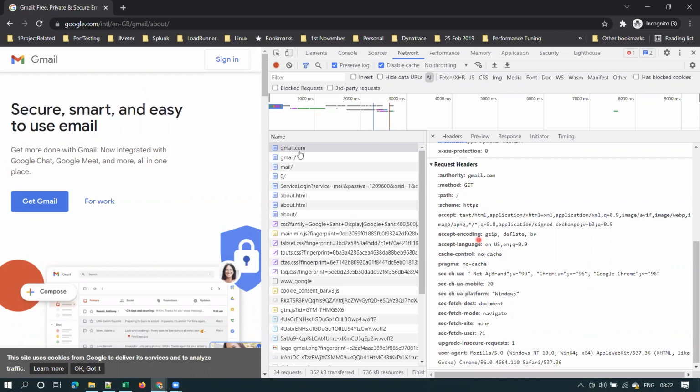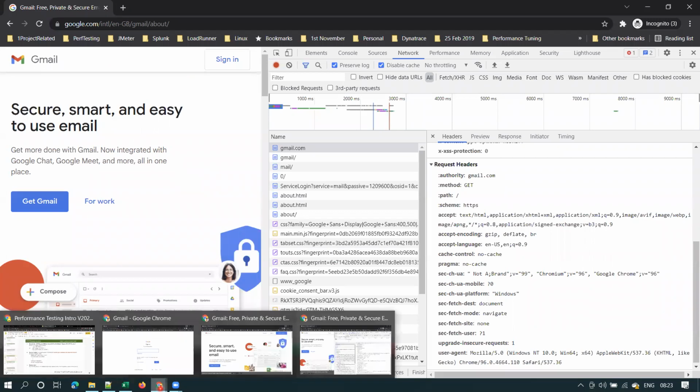Clear, guys? See, Gmail supports multiple languages for your information. Gmail supports international languages like Chinese, Japanese. Suppose some user is accessing Gmail from China, and if he has set the language preference to Chinese language, then he will see that Gmail in his own language. In the same way, if a Japanese user is accessing Gmail, and if he has set the language preference to Japanese language, then he'll see the page in Japanese language. That is called internationalization. Means Gmail or any application supporting international languages is called internationalization. As simple as that.